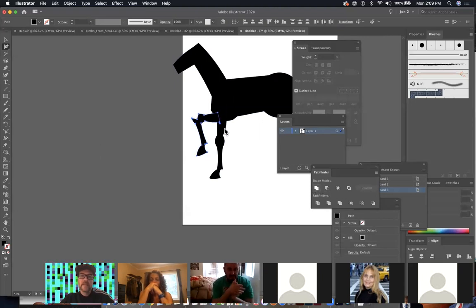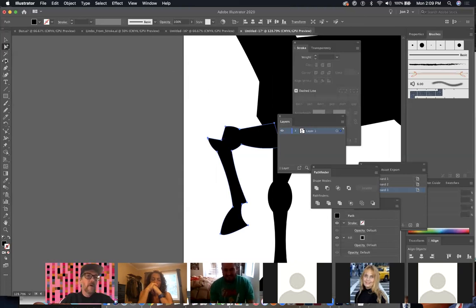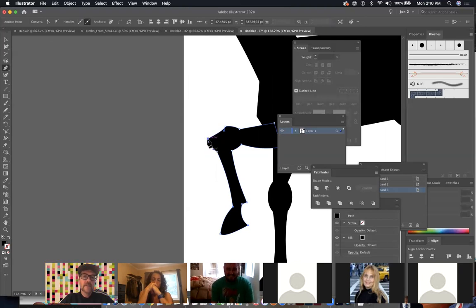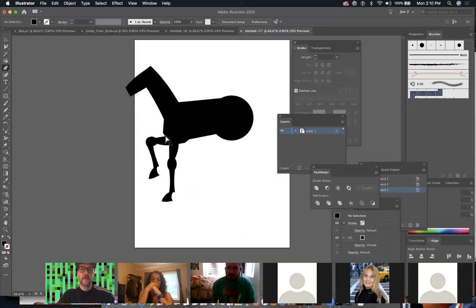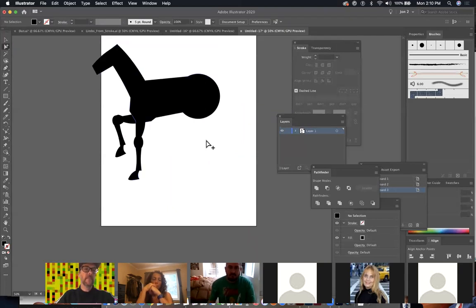unite it. There's a section in here which didn't quite work, obviously, where it connects, but we can easily fix that by going in and taking out anchor points. So I'm just deleting anchor points that are not necessary. Remember that the anchor point is holding the shape in that position, so if you delete it, it'll collapse it to a different place. And you can use that as a way to form the shapes that you want. You might even be able to use this same leg on the back side of it,